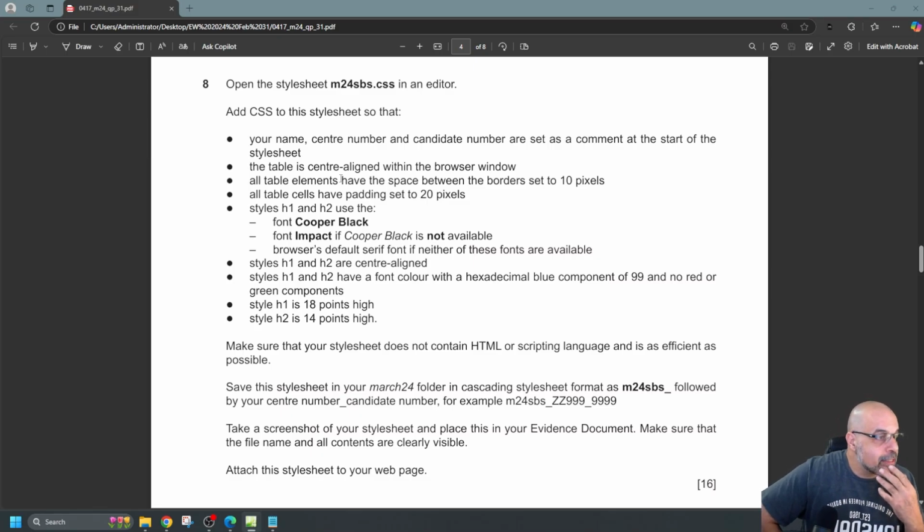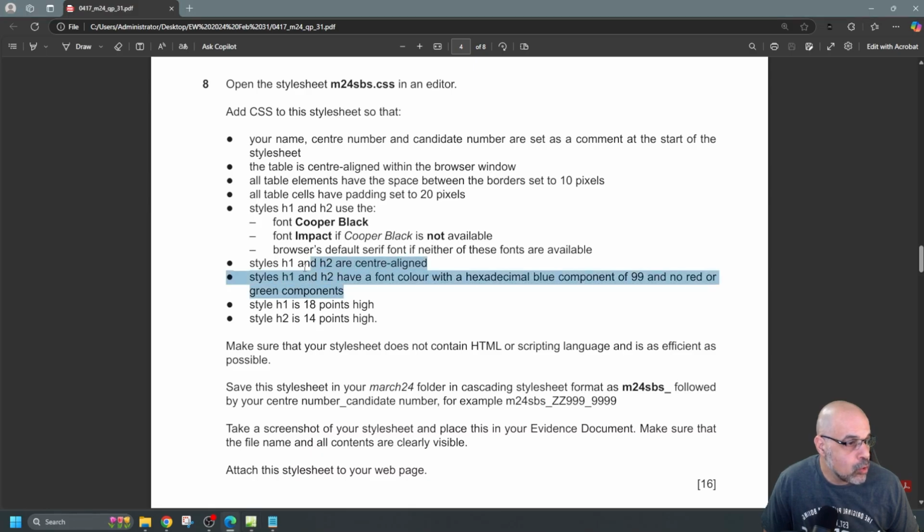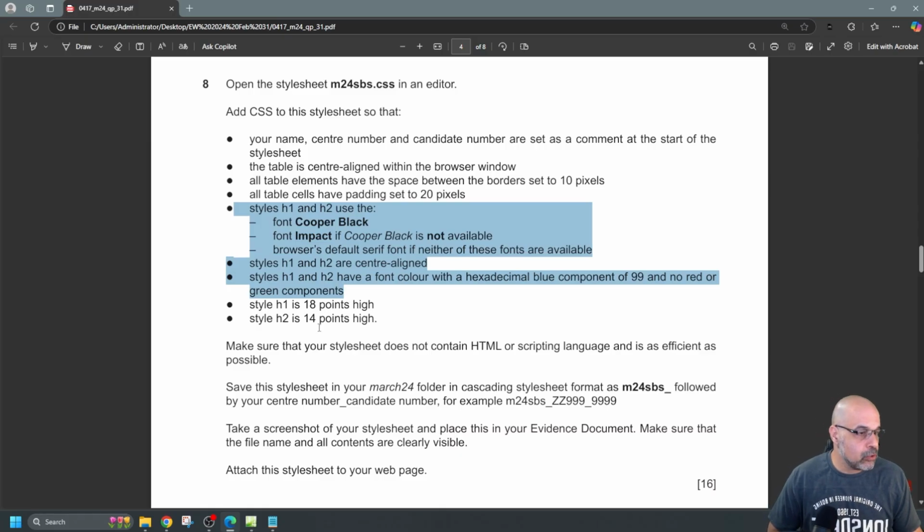So we're going to add your name, center number, candidate number as a comment at the start of the style sheet. The table is center aligned within the browser window. All table elements have the space between the borders set to 10 pixels. All table cells have padding set to 20 pixels. Styles heading 1 and heading 2 use that font. Heading 1 and heading 2 are center aligned. Heading 1 and heading 2 have a font color of that. So all of these, heading 1 and heading 2, we're going to put them all in one CSS property for efficient programming technique. And then we've got some different heights for heading 1 and heading 2. Okay, so we're going to